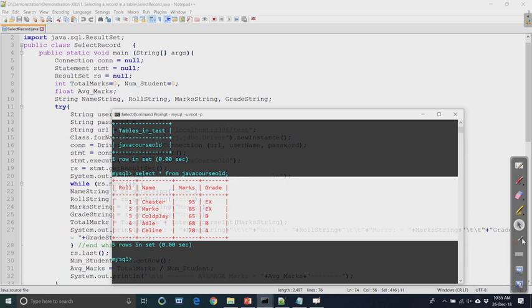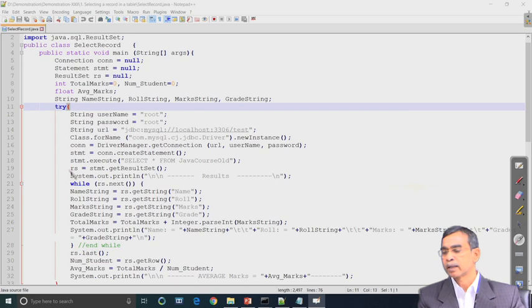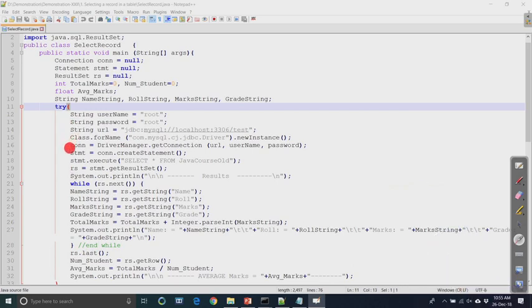Now, here is the program. A few statements are obvious, like how to establish the connection. As you see, this is regarding connecting to the server. Then, in this statement, we are executing the statement: select star from Java course old.